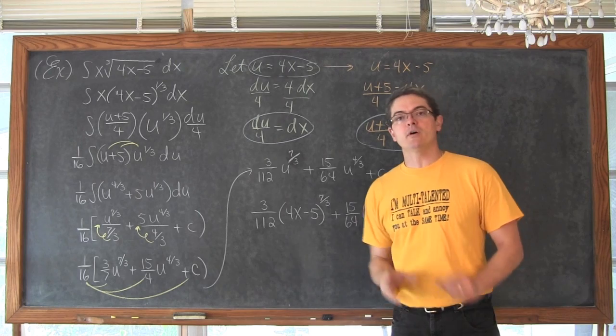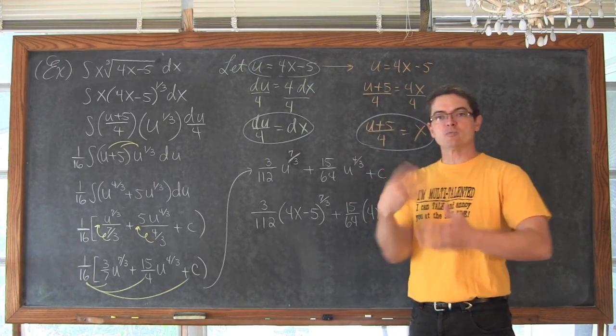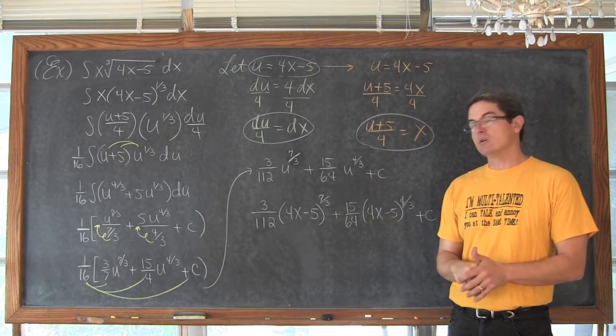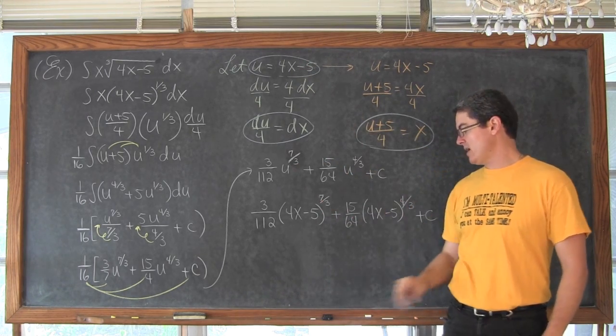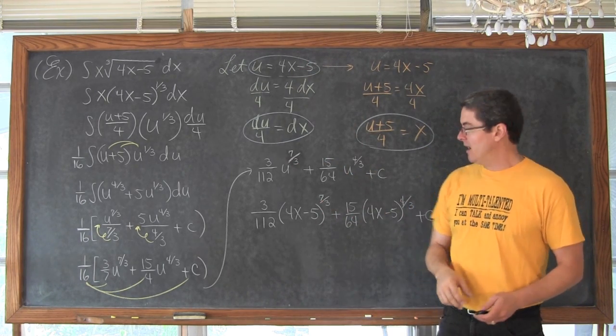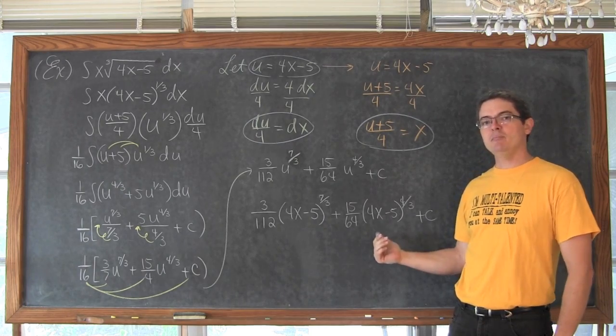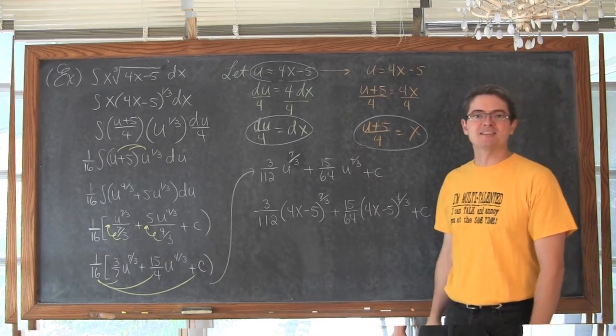When we get done with all of our algebraic simplification, and we basically are finished, then you can go back in, find u, plug it in, and write your final answer. And then when you're done, especially if it's a hard problem, bam! Woo! I'm excited. Let's get to the next example.